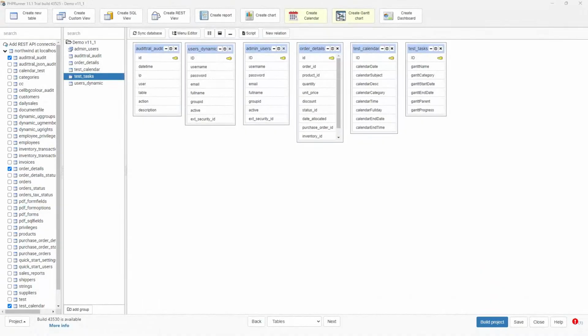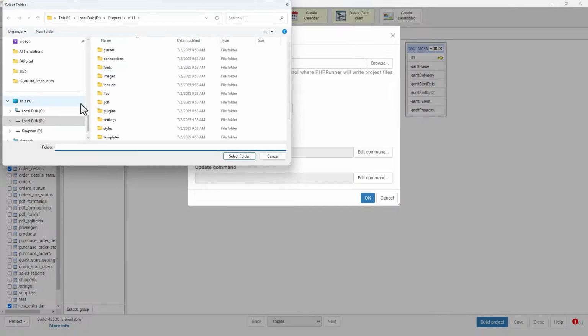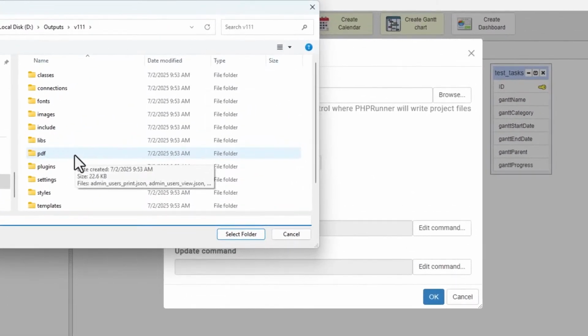So in the project, we're going to go to project and version control settings. Now export directory, we're going to browse, if I'm not mistaken, to my D drive outputs, where I saved that git output.